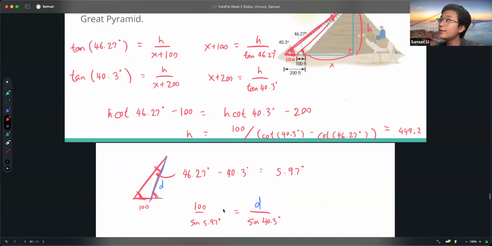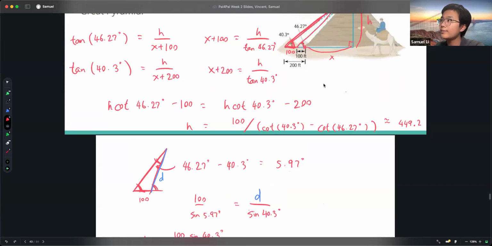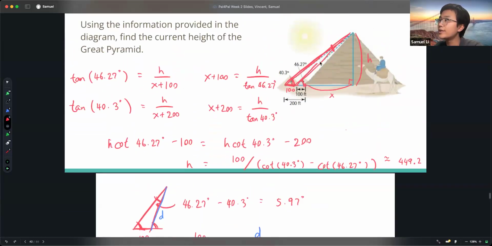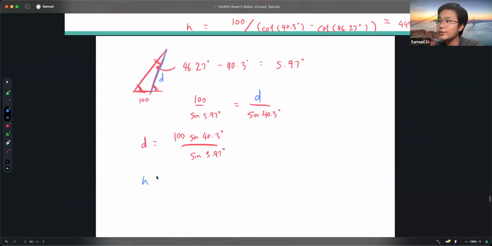And then we could apply basic trigonometry because we know this right here, that is D. And we know this angle. So we just apply basic trigonometry to find this one. So therefore H would be